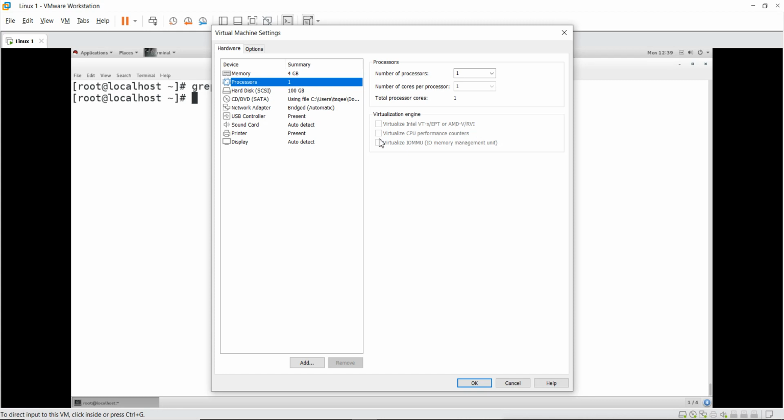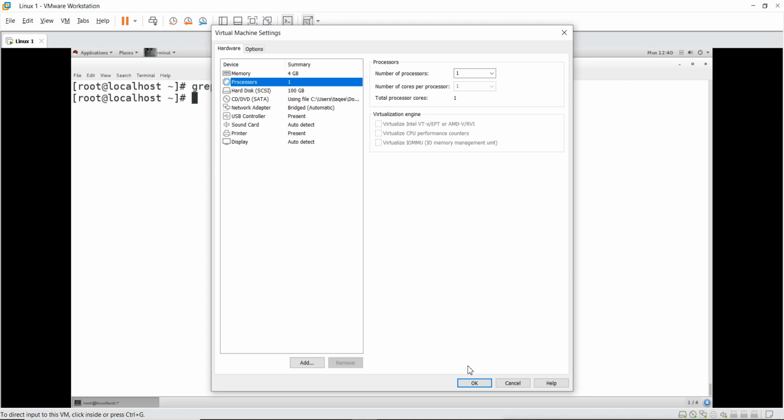So I can select these two options to enable virtualization for this particular virtual machine. I cannot enable this while the machine is running. So for selecting these options, I have to shut down this virtual machine first, then I can do this.